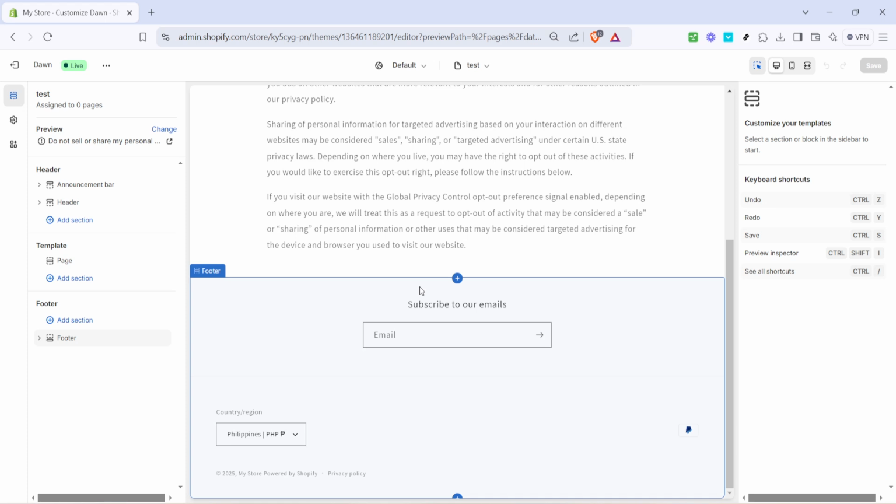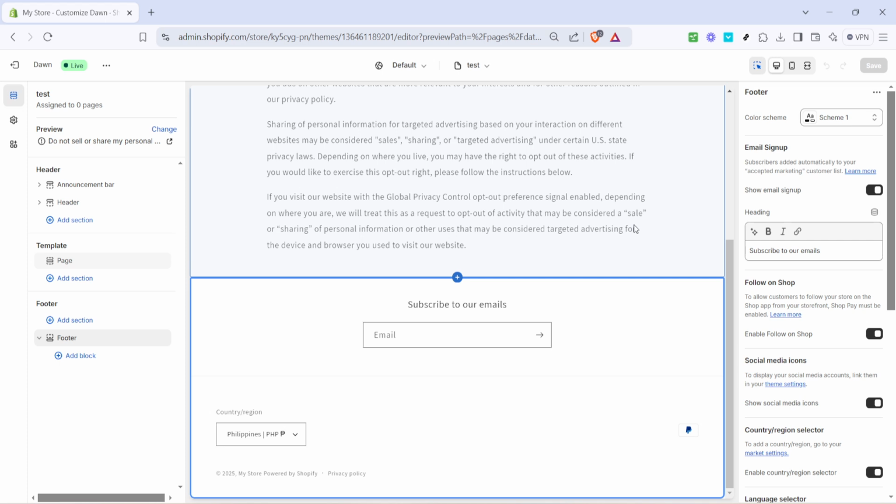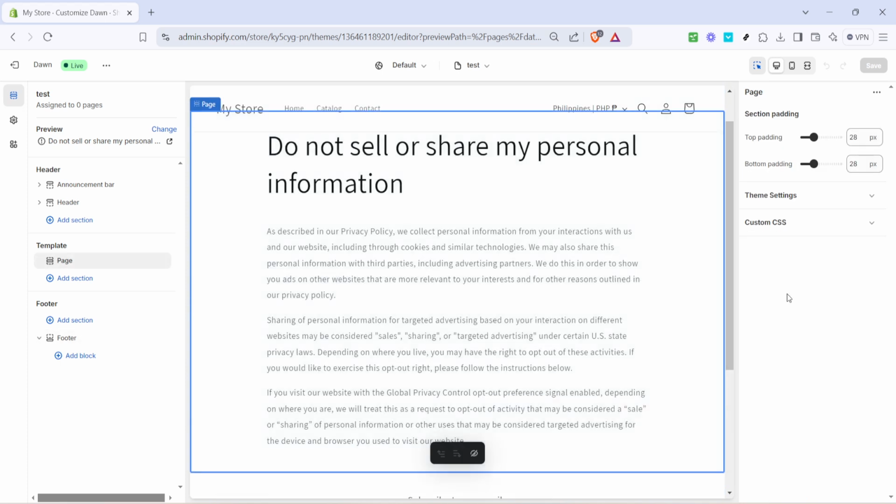And there you have it. That's how you duplicate or clone a Shopify page template. This process will save you time and effort, and it gives you the flexibility to experiment with different layouts and designs. Practice creating templates and soon you'll feel confident in handling your store's visual elements.